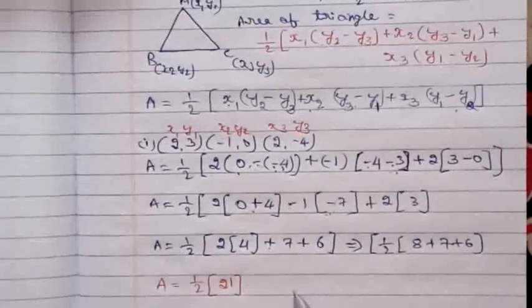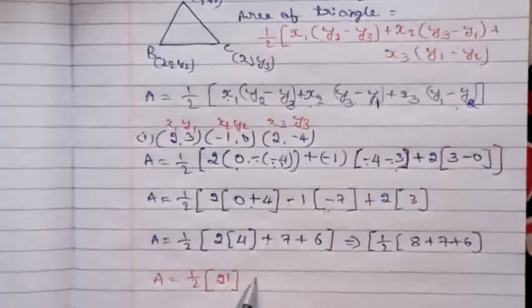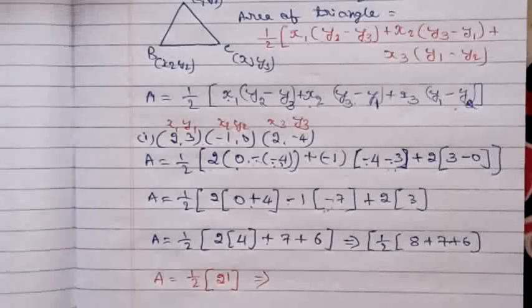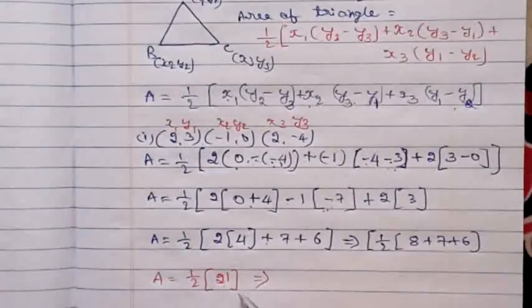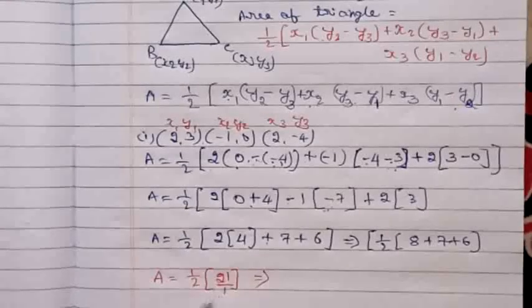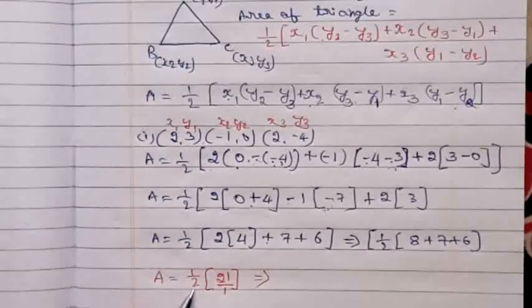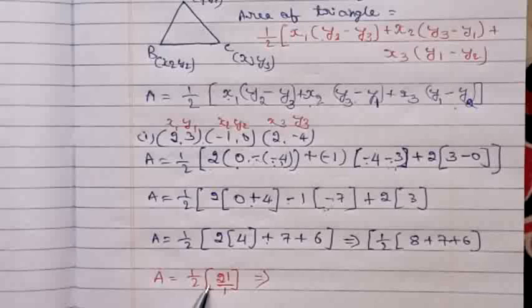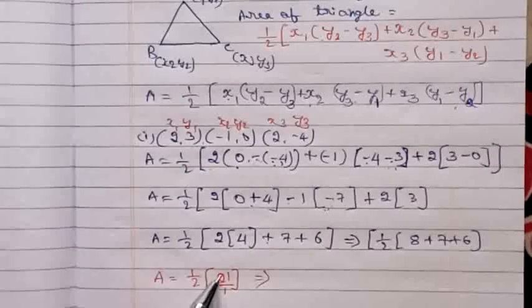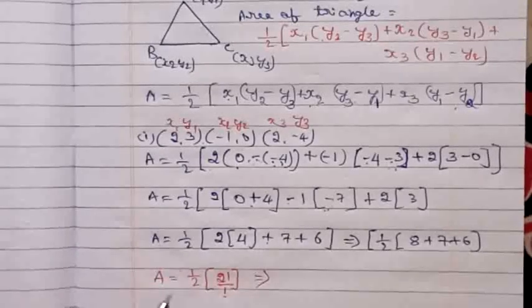So this implies, just observe here, you need to cross multiply, but nothing is there, it's 1 there. Here 21 is the numerator and 1 is the denominator. You can't cross multiply because 21 is not divisible by 2, so keep the answer as it is. Just multiply numerator to numerator, denominator to denominator.